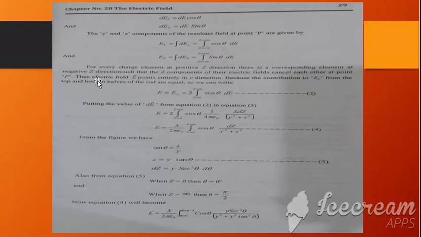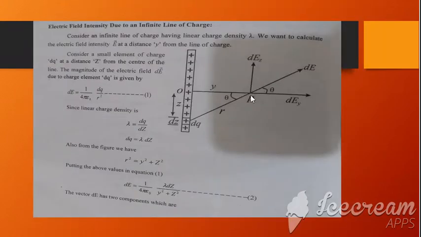You can see in this diagram that dEz component due to the electric field created by this differential element dE, by this element which is in the bottom, dEz will be in upward direction, will be in positive direction. So for the charge when it is taken at the upward direction of this line, the direction of dE will be downward, will be in this direction. Look at the position of my cursor, this will be in this direction, and dEz component will be downward. This is downwards, opposite to its positive direction.